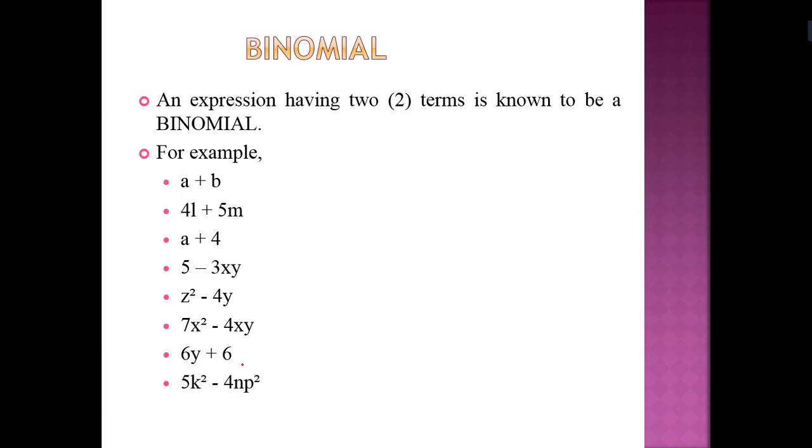Now binomial. After monomial we come to binomial. An expression having two terms we say is a binomial. But someone says, sir, can we write a constant with a binomial? You can: 3x plus 5. But we cannot write 3x plus 4x, it is not a binomial because they are like terms and it is a monomial. Variables must not be equal. Bi means 2, so anyhow you have to write two terms.